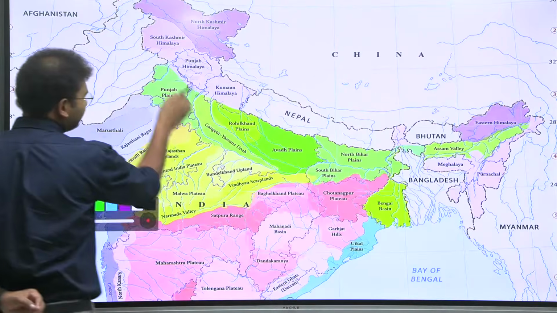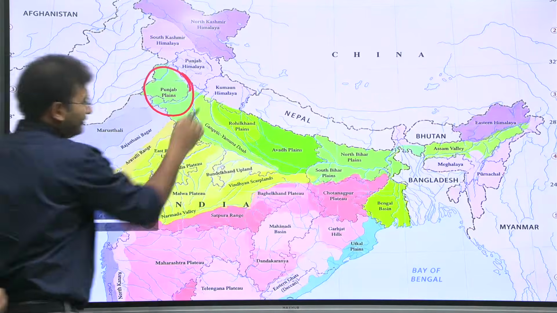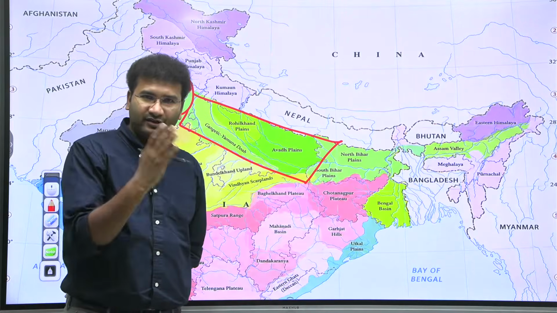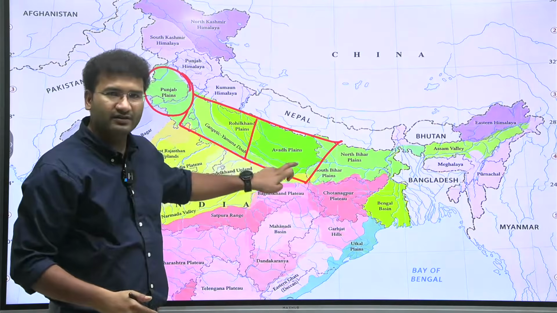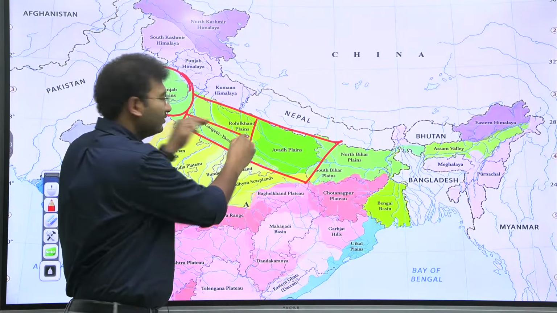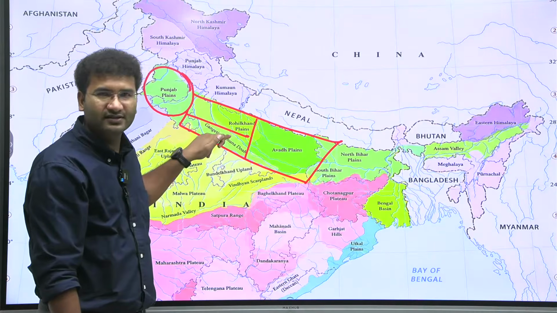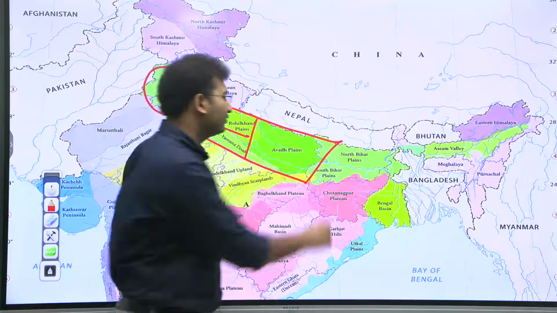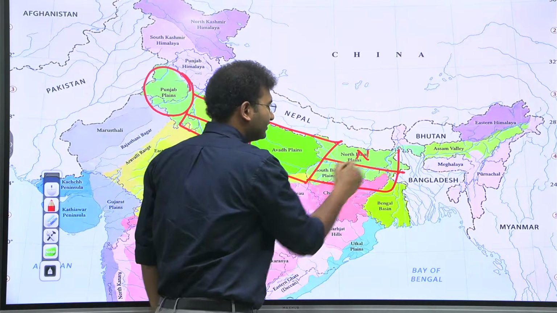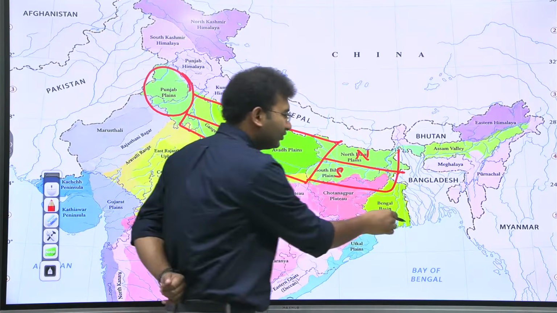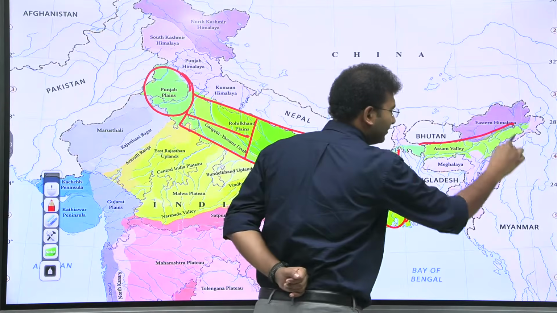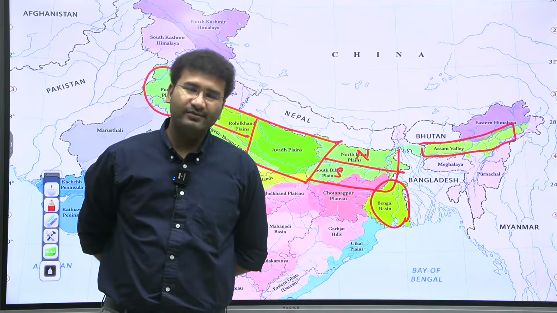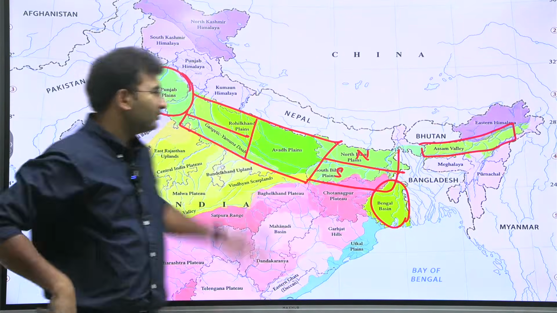In the west of the northern plains you have Punjab. Uttar Pradesh is divided into three: the eastern part is Awadh, and the west you divide into two, topmost Rohilkhand and the southern the Ganga-Yamuna Doab region. You come to Bihar, which you also divide into two, North Bihar and South Bihar. Then the Bengal basin, and in Assam, the majority is a plain area, not a hilly area. So this is how the northern plains are.